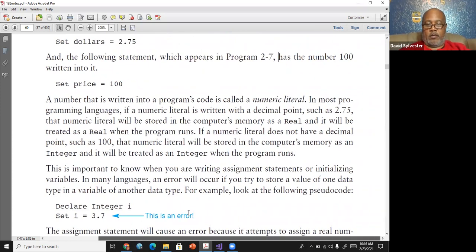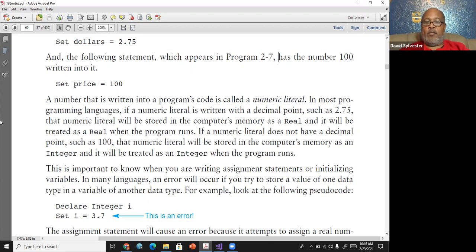In most programming languages, if a numeric literal is written with a decimal point, such as 2.75, the numeric literal will be stored in the computer's memory as a real, like a float or double, and it will be treated as a real when the program runs.